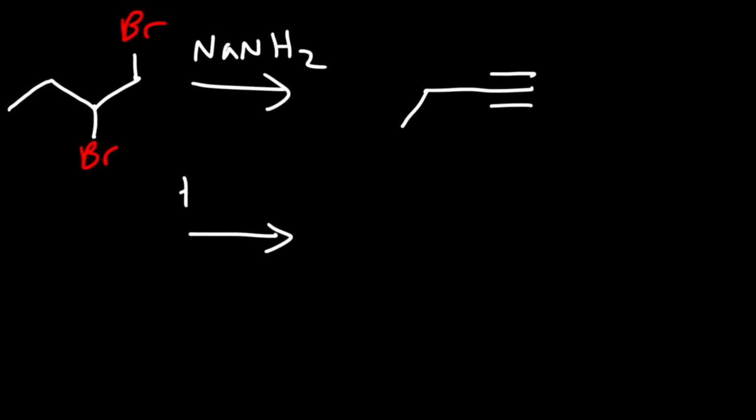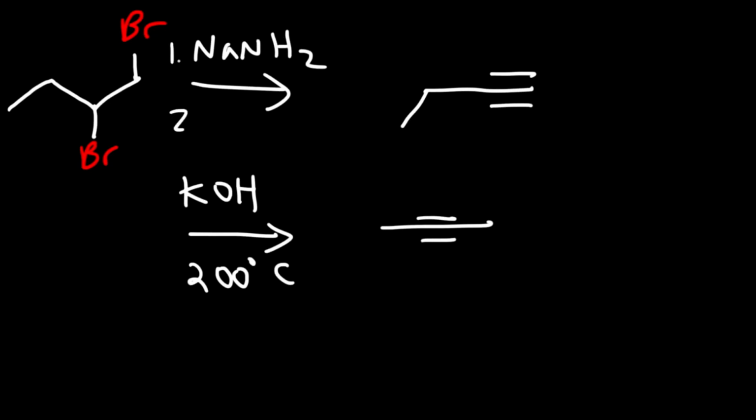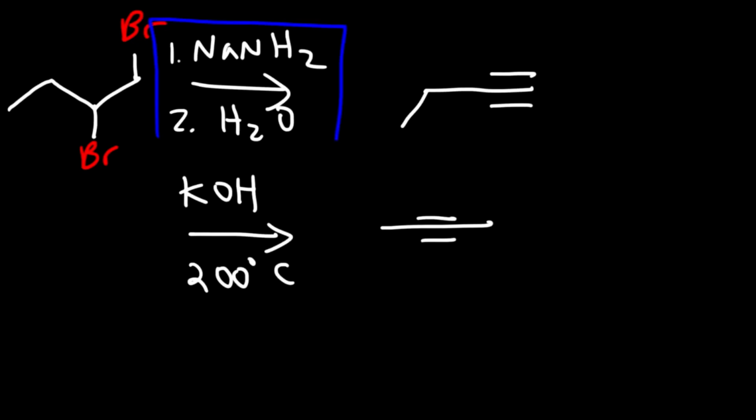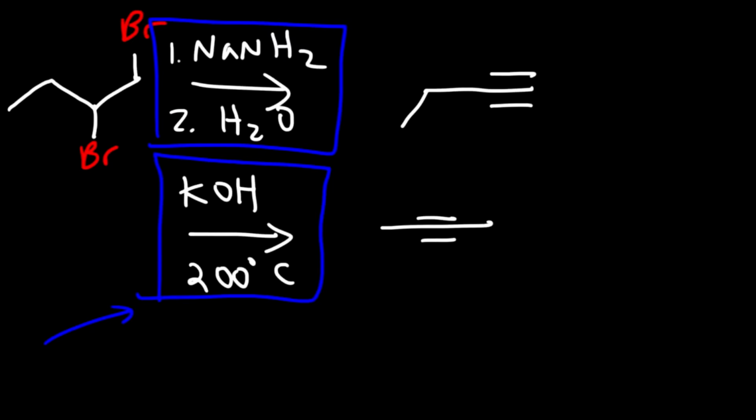If we were to use, let's say, potassium hydroxide and it has to be heated, we can get an alkyne too, but it's going to give us an internal alkyne, whereas this one ultimately will give us a terminal alkyne. Now we need to protonate it at the end, and we also need 3 equivalents of sodium amide to get the terminal alkyne. And technically it really doesn't matter what type of dihalide we have. Sodium amide will favor the formation of terminal alkynes, and potassium hydroxide at very, very high temperatures will favor the